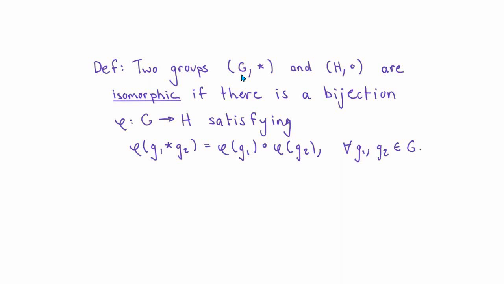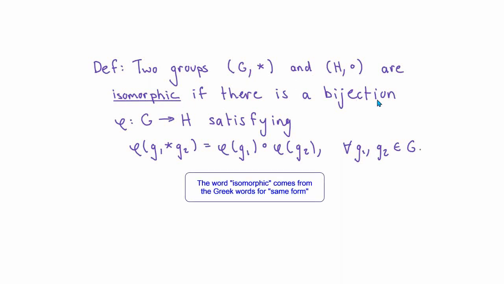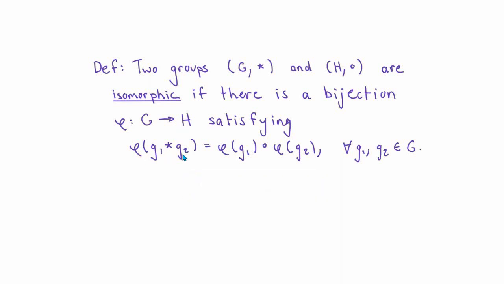In order to generalize this notion and to make it more precise, let's suppose that I have two groups, G with a binary operation of star and H with a binary operation of circle. We say that these two groups are isomorphic if there's a bijective map phi from G to H satisfying the property that phi of g1 star g2 is phi of g1 circle phi of g2 for all elements g1 and g2 in the domain. In other words, the two groups are isomorphic if there's a bijection between them which preserves the algebraic structure,